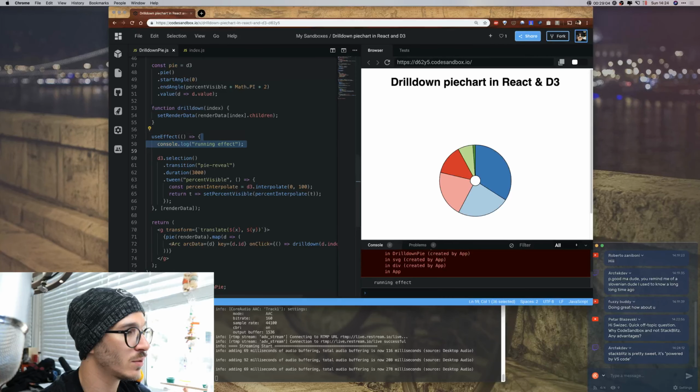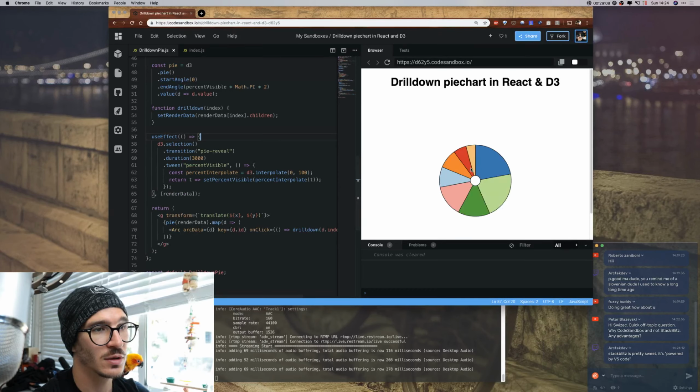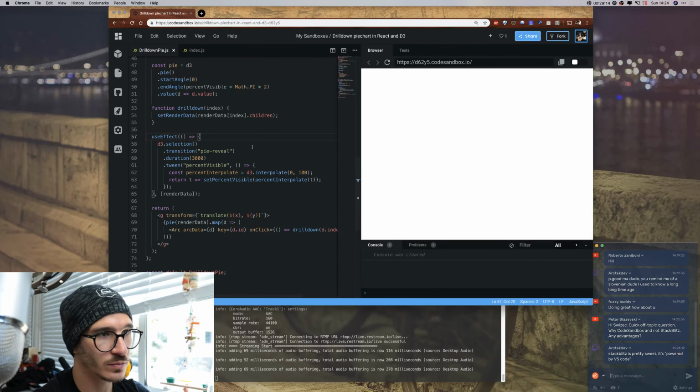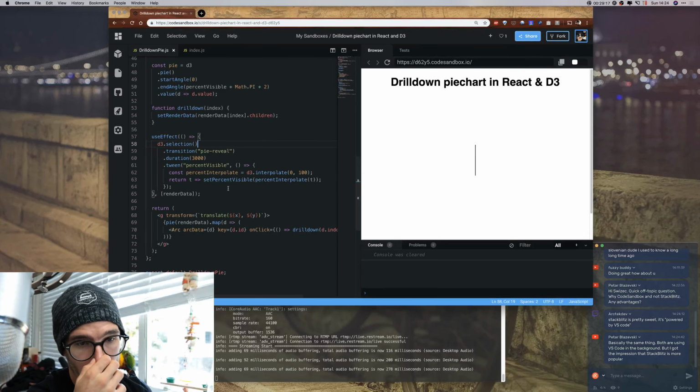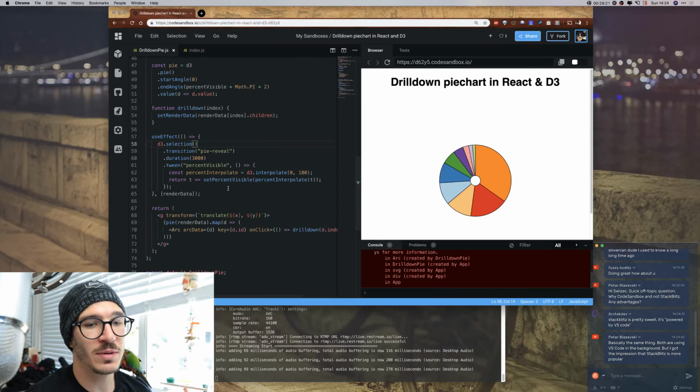Okay, so we are now successfully running the effect every time that our data changes. So when I click this, we go zoop. Perfect. So that all of that works. Now the next step,